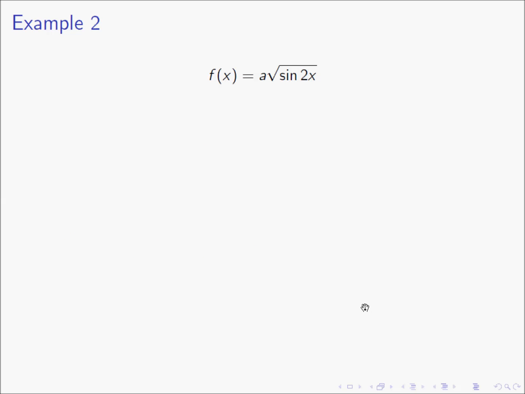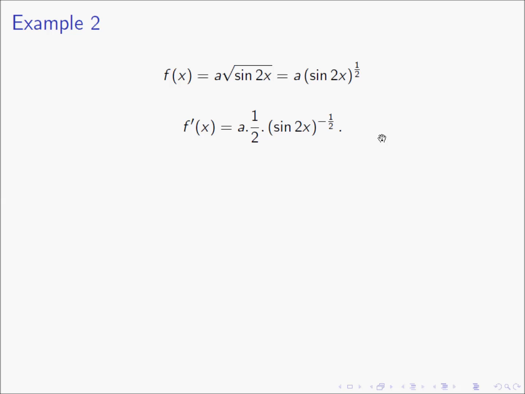Let's see another example of this. Here we have f of x equals a square root of sine of 2x. As always, you can write square root as elevating to the 1/2 power. And here the outer function is again the function that takes the square root. So to find the derivative of f, we take the derivative of the outer function, and we have the constant a here, and we have 1/2 times the inner function to the minus 1/2, and the inner function is sine of 2x. So we multiply this by the derivative of the inner function,